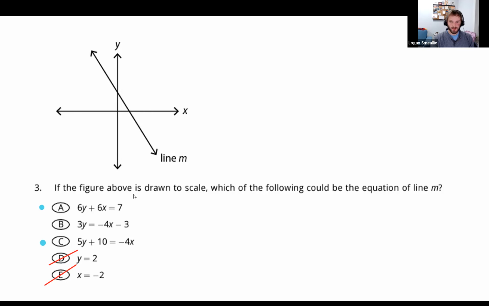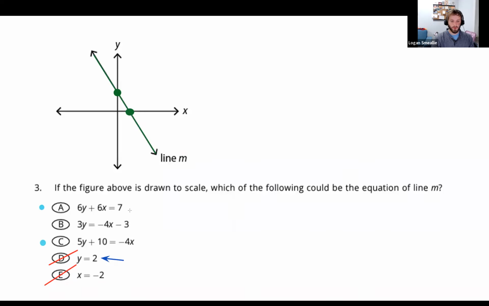This line that we're analyzing crosses the y and the x-axis. So we know that it should have a y-intercept, and I didn't mention this yet, but the x-intercept is a thing too. Where does it cross the x-axis? These are not going to have that. What does it mean if you don't have a y and an x? If you only have one or the other, then you're looking at a straight up vertical or straight up horizontal line.